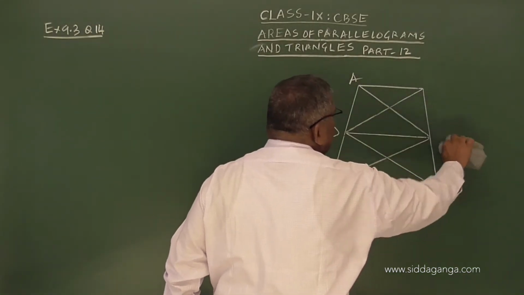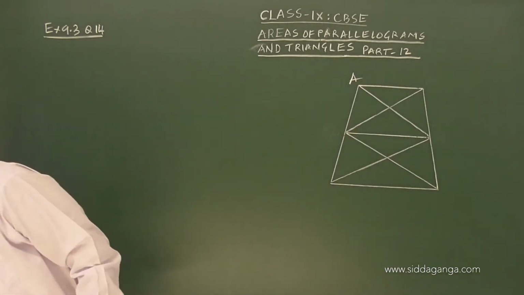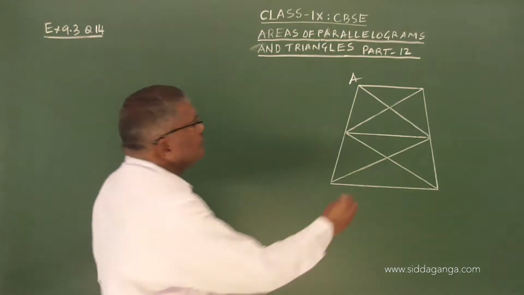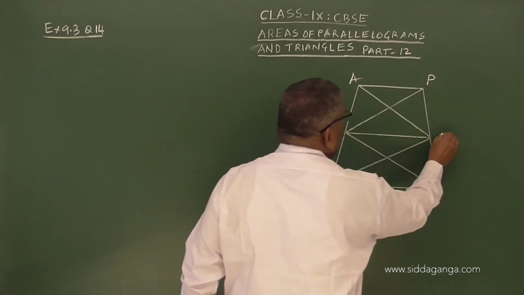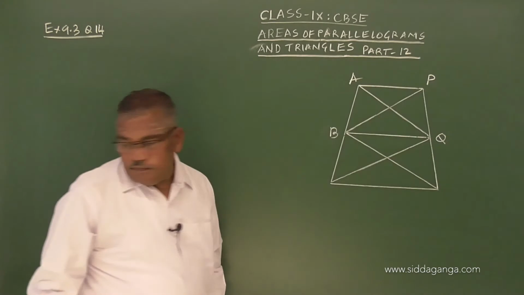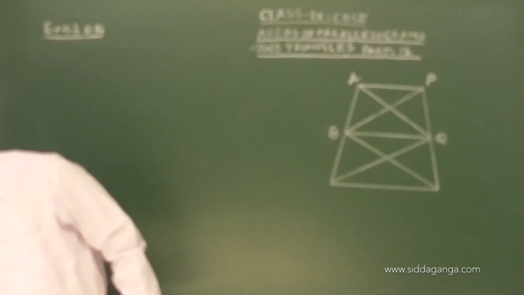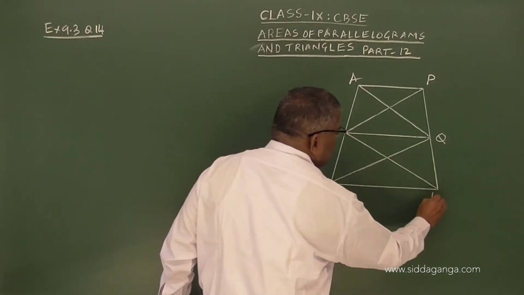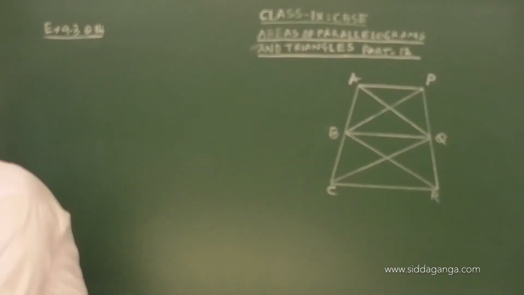Wait. They have nominated it as AP, BQ, and CR. So this is the diagram, and the question